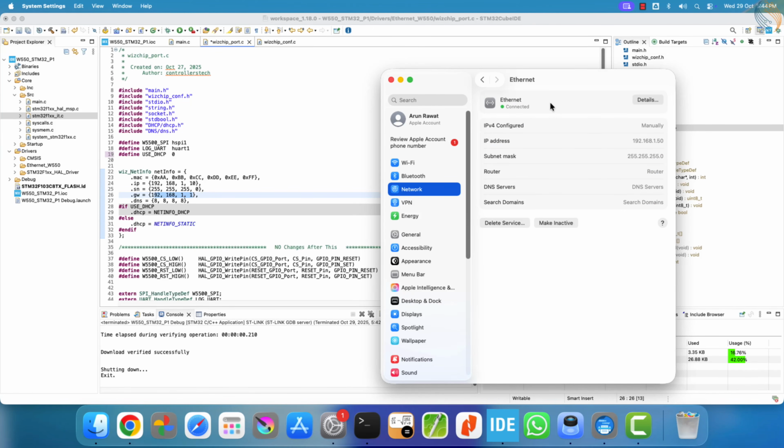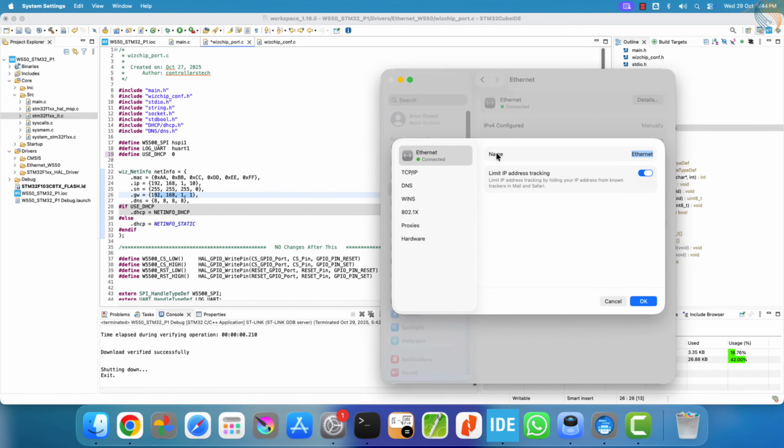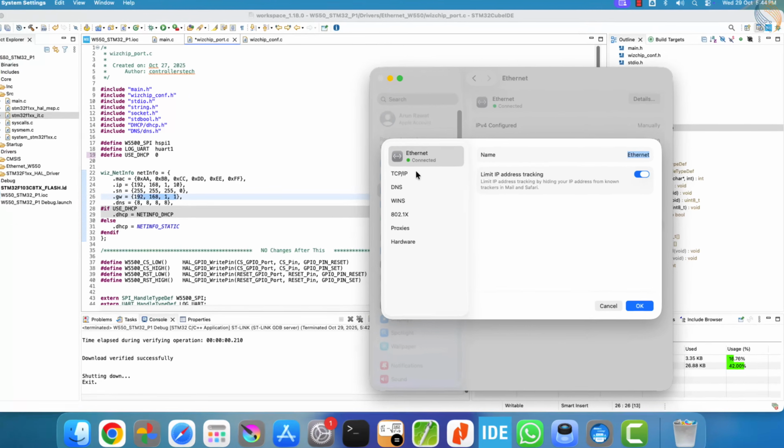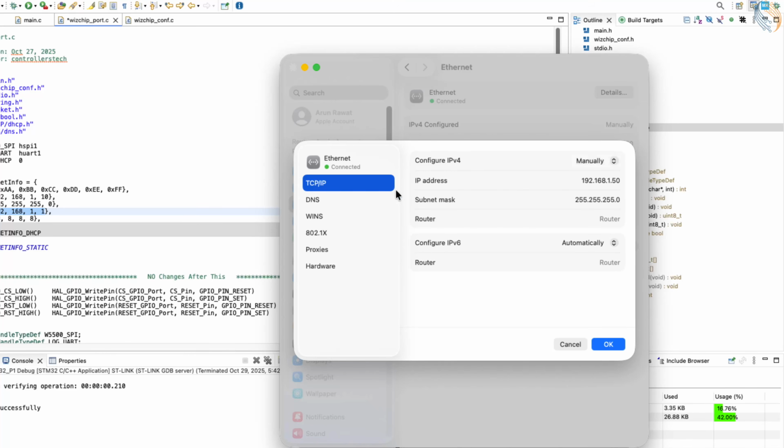Once connected, the Ethernet interface should automatically appear on your computer. Now, let's configure it according to the module's network setup. Make sure that IPv4 is set to be configured manually, not automatically. Since the gateway address of the W5500 module is